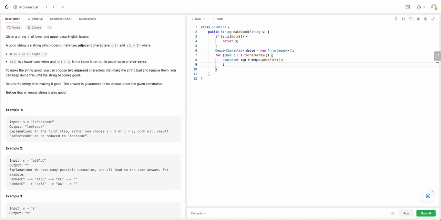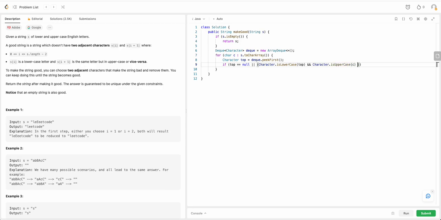Then we check if top is not null and character top is lowercase and character c is uppercase,